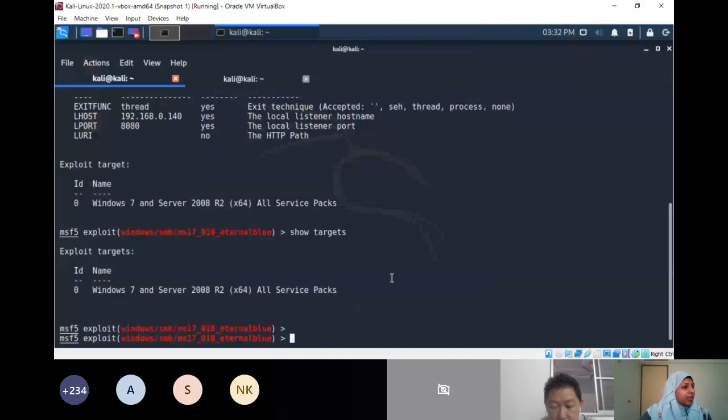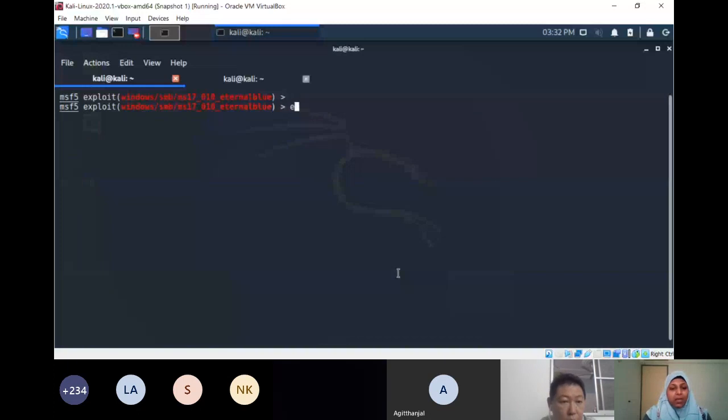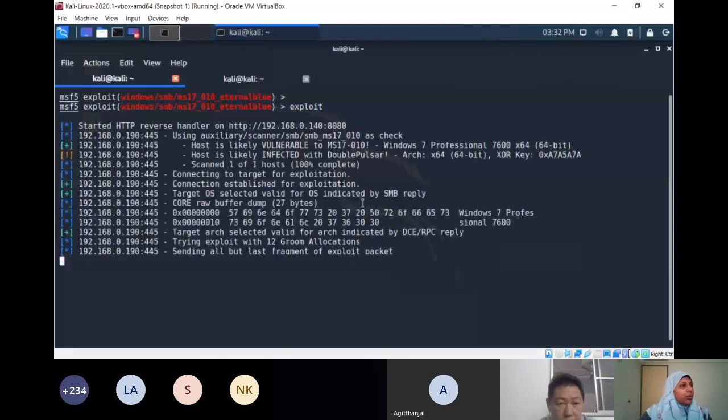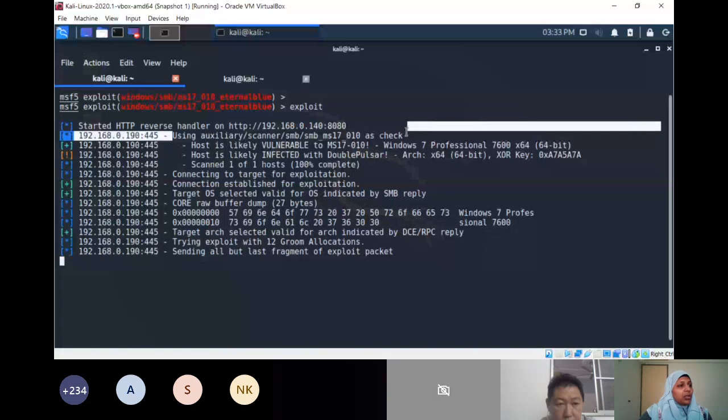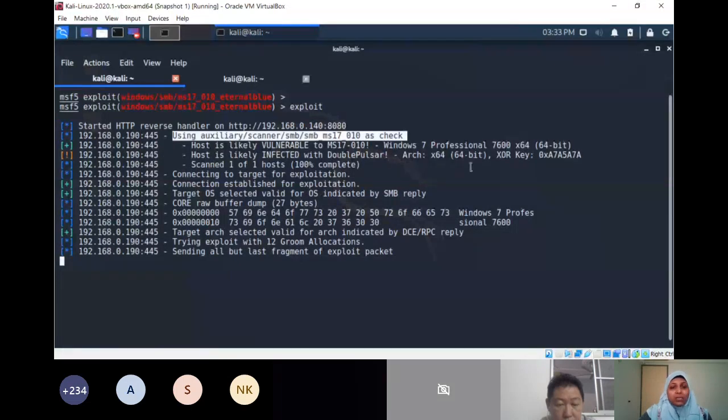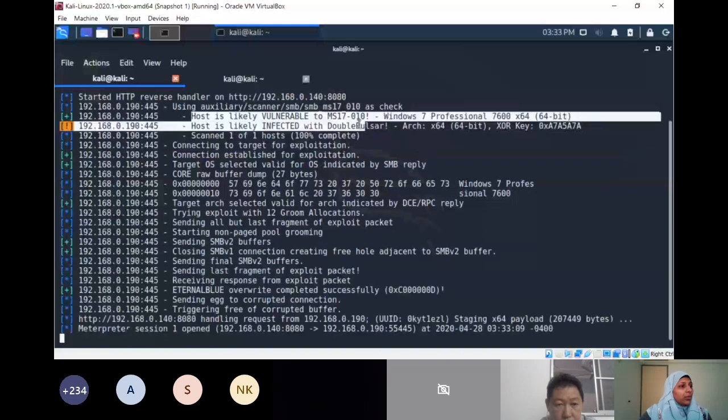Okay, so now, since we have set everything, we can give the command exploit in order to launch the attack. We just have to wait for it to do the job. Basically, this exploit module is running the auxiliary. It is cross-checking whether the target machine is vulnerable or not. You can see it shows it is likely vulnerable to the vulnerability